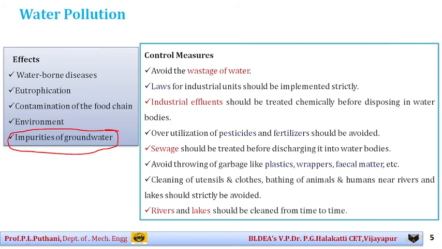This is a very important effect of water pollution. Then, what are the control measures? This is a very important thing. The control measures, students, if you observe here, the first very important point they have said is avoid the wastage